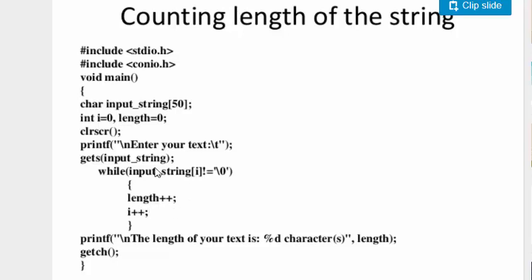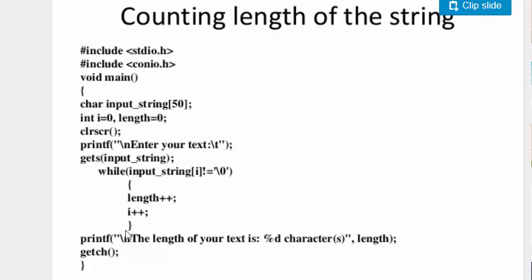Now as it enters the loop, length will be increased. That means the value from 0 will now be increased to 1. So 1 is the value and it moves to the next iteration. The next index value is O. C, O. O will be the next value, so it is not null, and it will again increase the value.